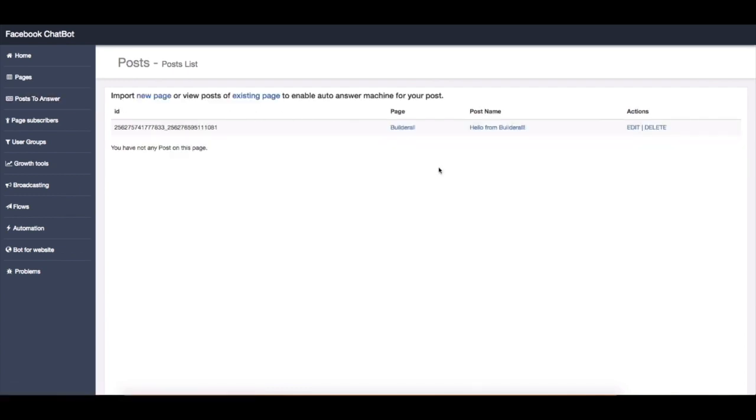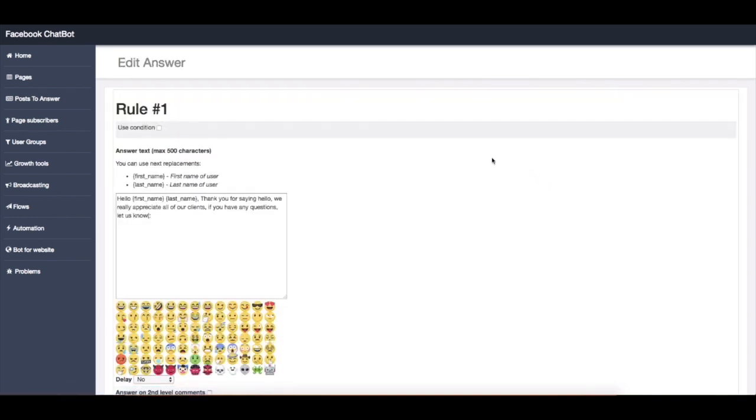Over here guys, we're going to be able to enable auto answer for the post. So over here we can edit and mess around with the actual post that we want to interact with the client. So if our client goes ahead and maybe comments on our post, we can set it up so that we send an automatic message to them via chat. So over here guys, you can see I have a post already. I can go ahead and click edit, and over here I will set up the message that will be sent